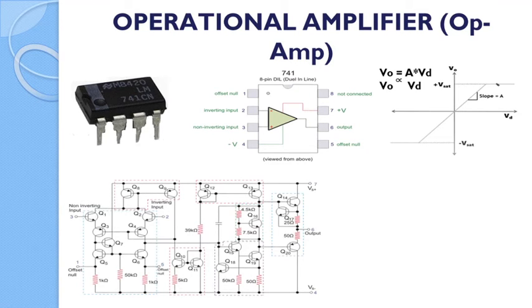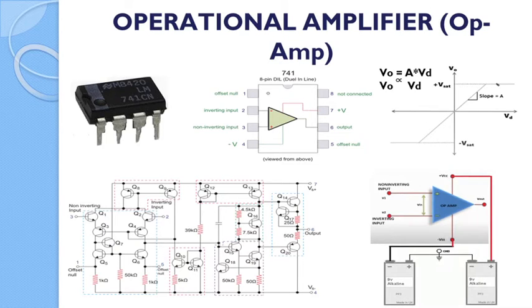Internally, the operational amplifier has approximately 27 transistors. Those transistors are NPN and PNP transistors. That's why it requires two different types of biasing voltage, V plus and V minus. One is plus VCC and another is minus VCC, because NPN transistors require a biasing voltage of plus VCC and PNP transistors require a biasing voltage of minus VCC for their operation. This is possible with a dual power supply. As shown in the figure, we can provide plus VCC and minus VCC to the operational amplifier.